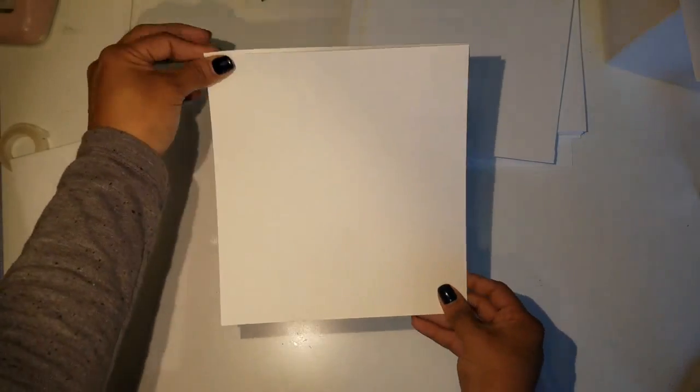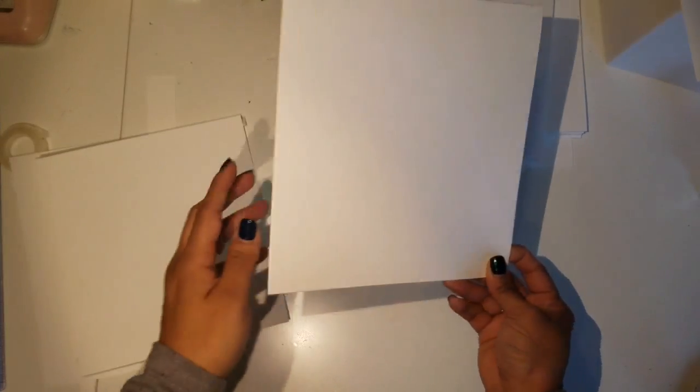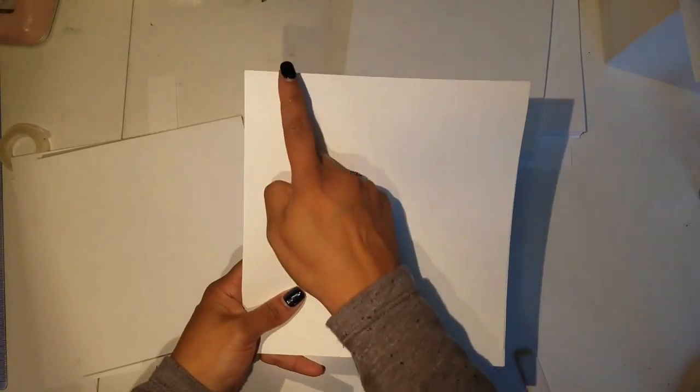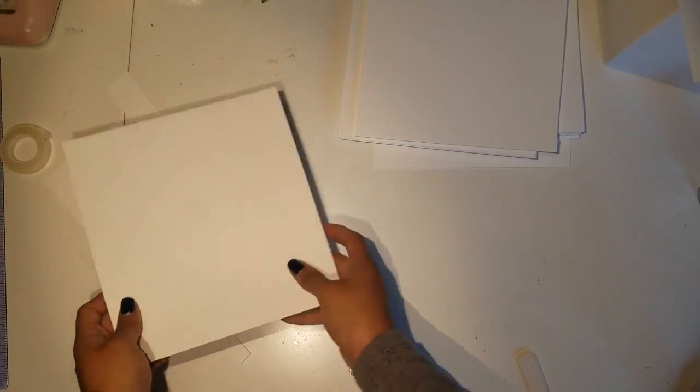So like that. And then you're gonna make 7 of these. So at the end, you will have a piece that's 7 1/2 by 8. Okay, so that's gonna be your base page size. Now for your binding,